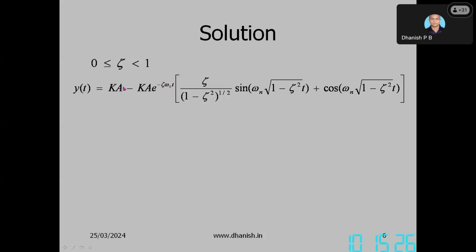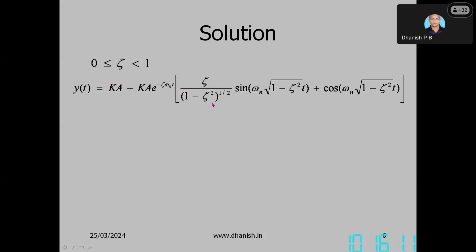Okay, you are giving a sudden input, the amplitude A, the step is A. A unit step function has amplitude 1, so you multiply that by A to get whatever step function you are giving to the instrument. So that into K is the ideal step response. When you give a step input of A, the instrument should show Ka. So that is the ideal step response. So Ka minus Ka into e raised to minus zeta omega n t into